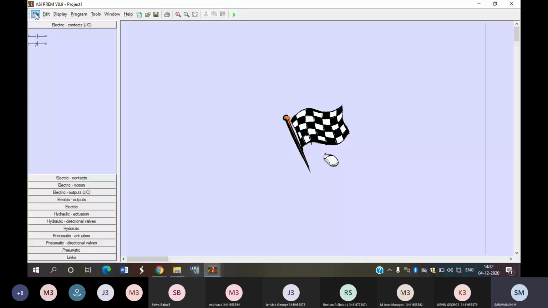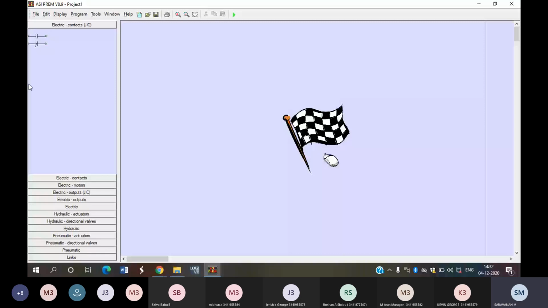Using this software, you can make your circuits: hydraulic circuits, pneumatic circuits, as well as electrical circuits. If you look here, whatever we discussed in the previous software, the normally open symbol and normally closed symbol are available here.